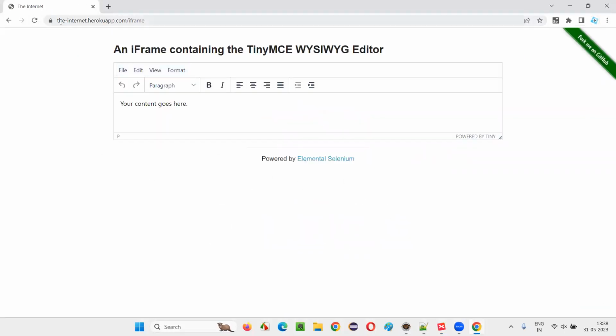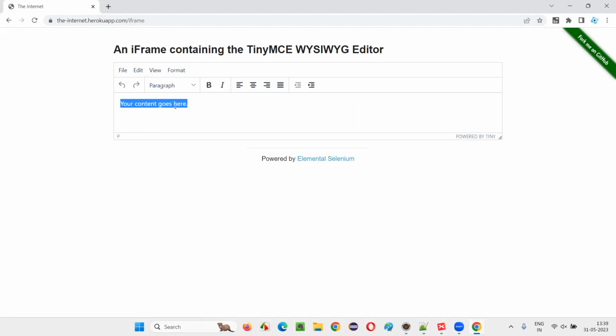So here guys, on this application, there is a text box field on this page. Your content goes here is there. I would like to clear this particular text and type my name Arun here. This is an activity I would like to do. I would like to clear the existing text. If I refresh here, it will go to the basic. So I have to clear this particular text, and in this place of "Your content goes here", I would like